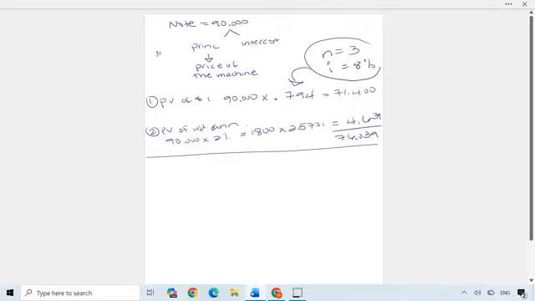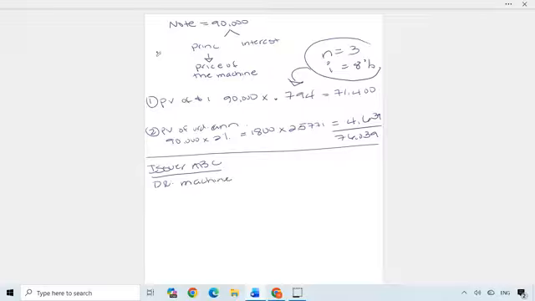But let's go through the journal entries that the issuer would record, ABC Corp, right? They now purchased this machine. So they're going to debit machine or machinery for the cost of the machine, which we've determined is $76,039. They're also going to credit notes payable for the face amount of the note, which is $90,000. And the difference is going to be called discount on notes payable, which is